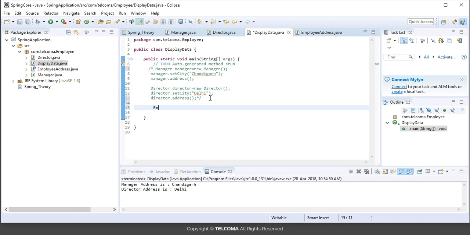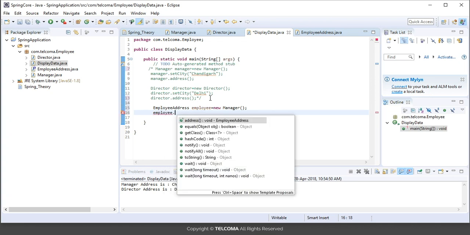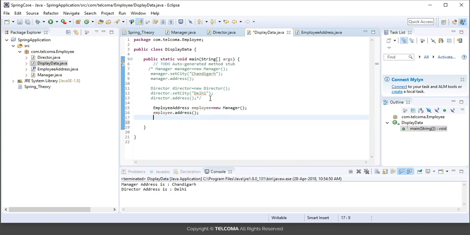We can just have an employee address and say employee. So here what we have done is we have created an interface reference variable and an object is instantiated at